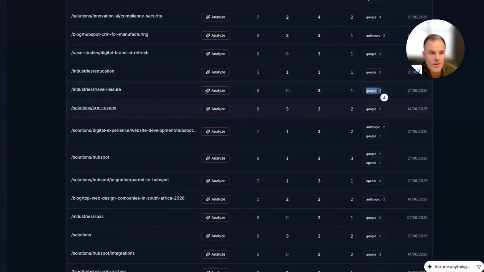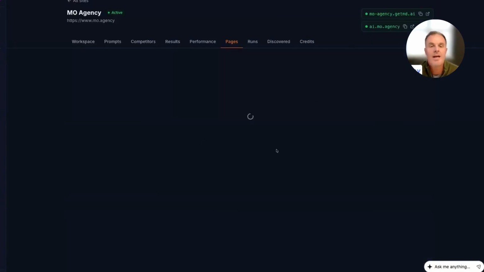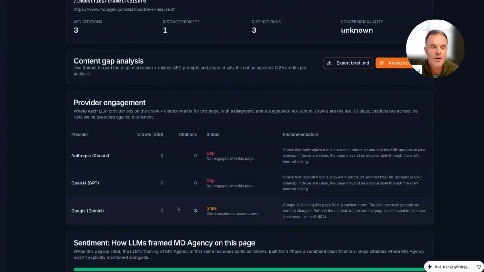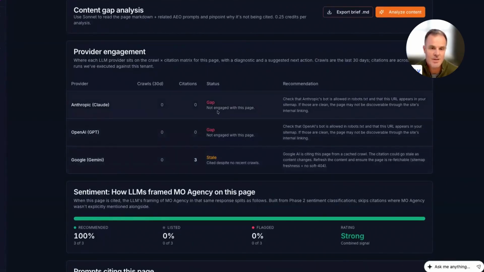Let's actually choose another one. Yeah, so let's go here and I can analyze it. And remember, we've got prompt data and we've got bot data here. So basically, it's telling us we are not engaged. There've been no crawls at all for Anthropic and OpenAI. This is something we need to optimize for. And the bots for Google Gemini have not come back to our website ever. This is basically invisible